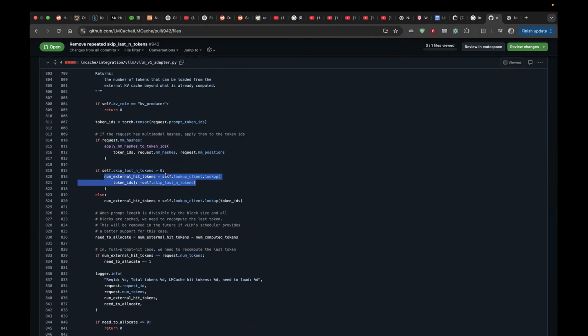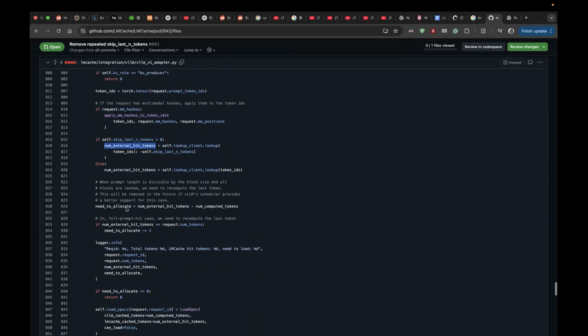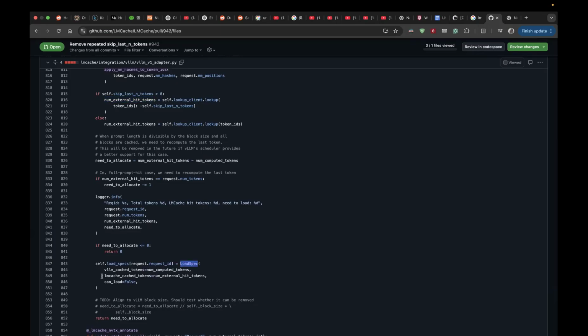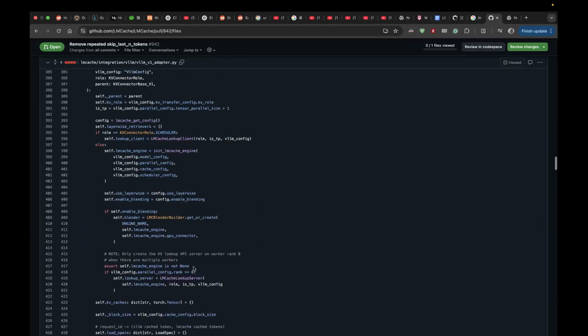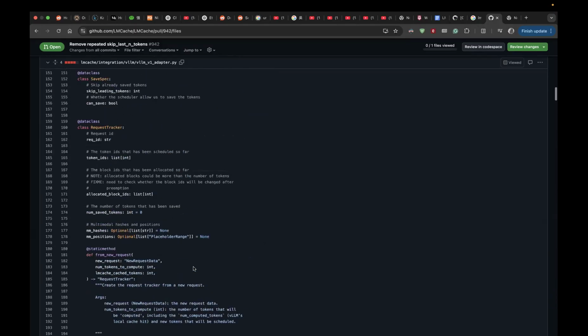Yes, the input to lookup is truncated, and we get a number, and we pass that number through the load spec here. So if you have 100 tokens and you want to skip the last five tokens, here you get 95, and you pass 95 to the load spec. I see. And then in the retrieve process,